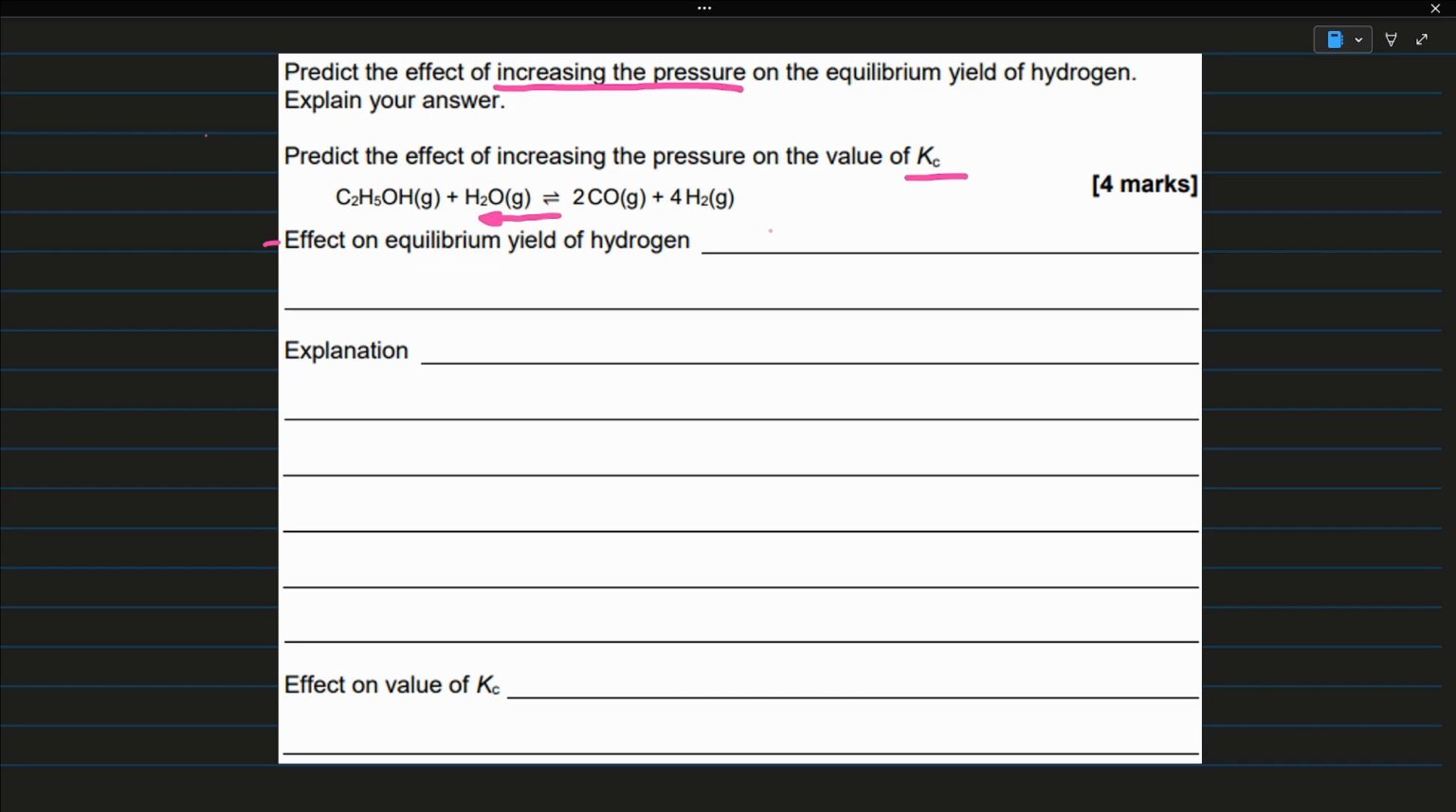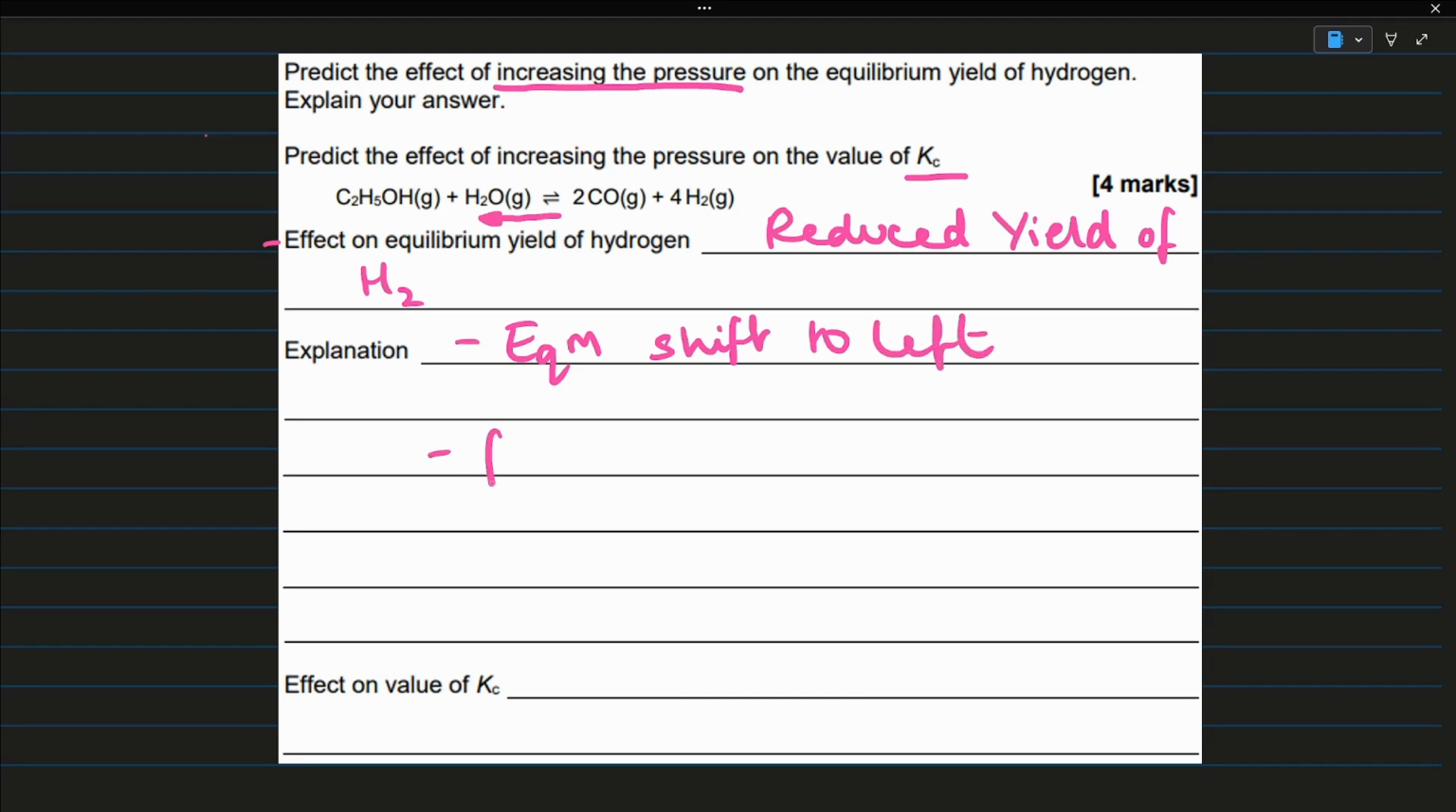So that means we'll have a reduced yield of hydrogen, and our explanation for this is that our equilibrium, I'm just going to write EQM for that, will shift to the left, and that's because there are fewer moles of gas on the left hand side,